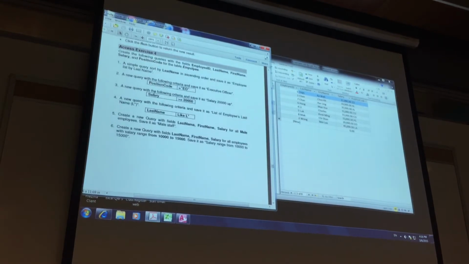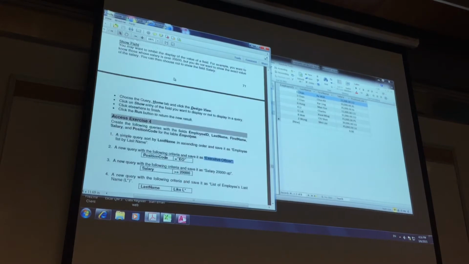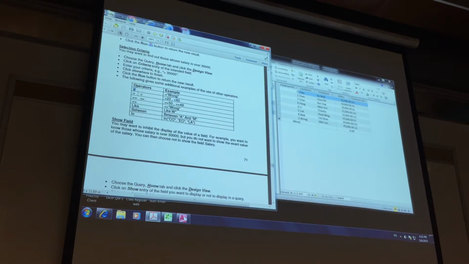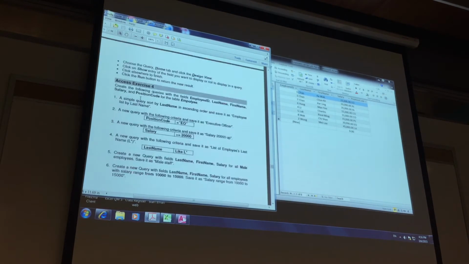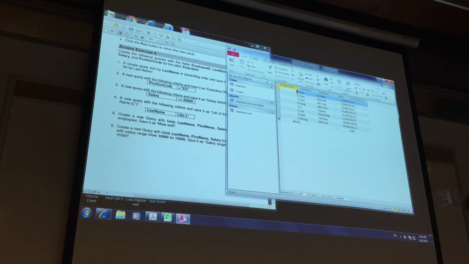Okay, now let's work on the second one. The second one is a new query and is asked for those people to be executive officer. So we are practicing equal here, right? This bunch of things. 今次我哋就做確切詢問啦，揾一啲叫行政主任嘅人出嚟。We can make use of the old one and modify a little bit to satisfy the second one. 咁我哋可以攞住呢個嚟改嘅。In order to change this one, we have to go to home and then we have to click